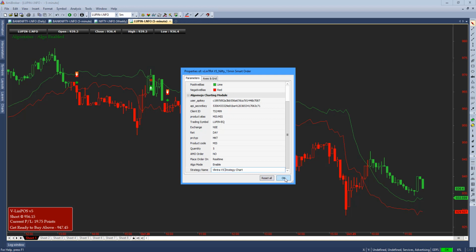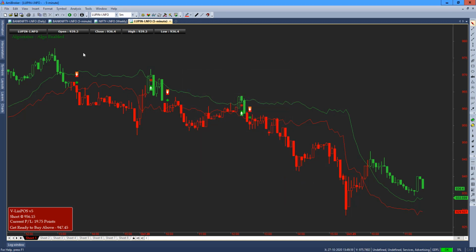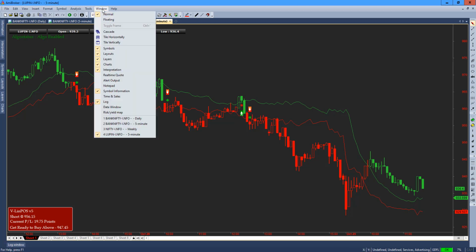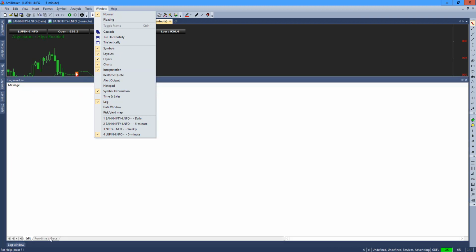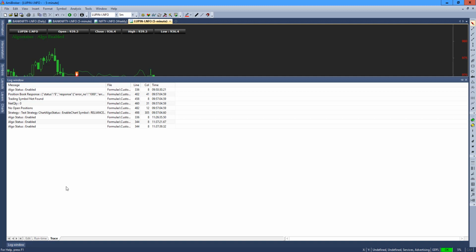It's a positional long short trading system, so continuously these signals have to be traded. Once you're set, automatically you also have to simultaneously pull up the log window. You can pull out the log window from Window and Log. I have already enabled it, and it's in a minimized state over here. I have to go to the Trace tab, and from the Trace tab you'll be able to see